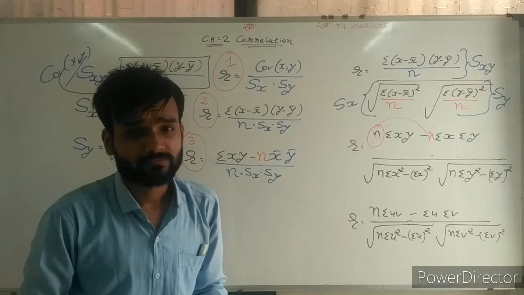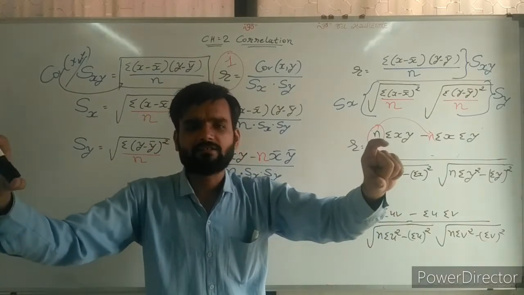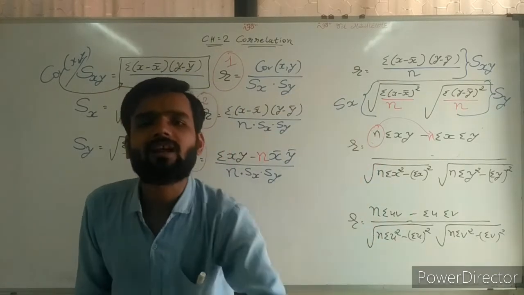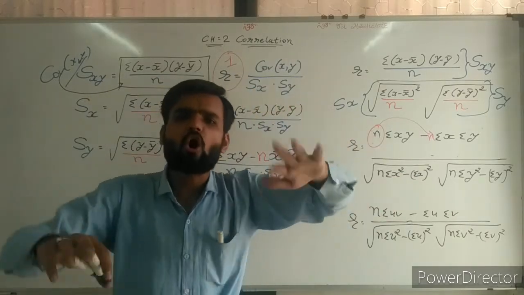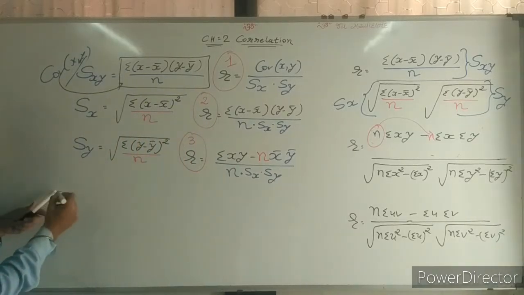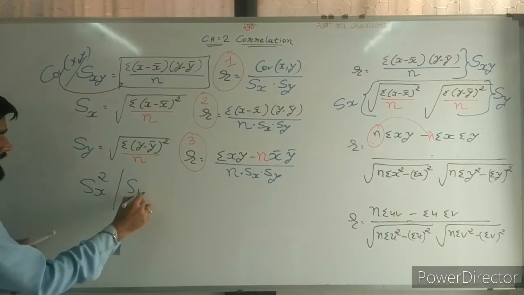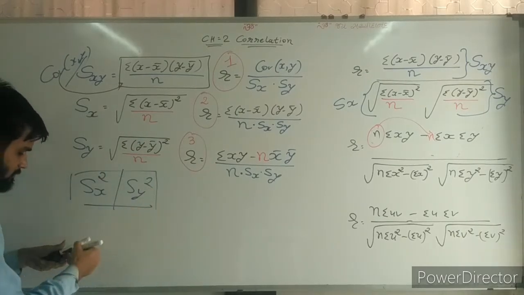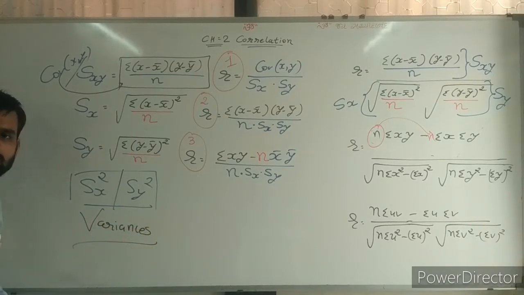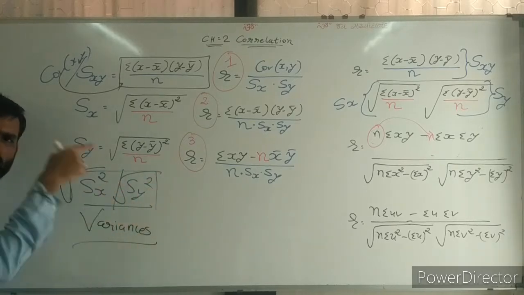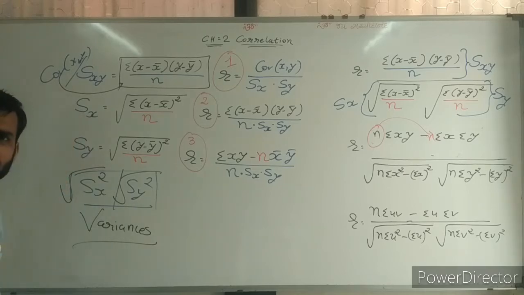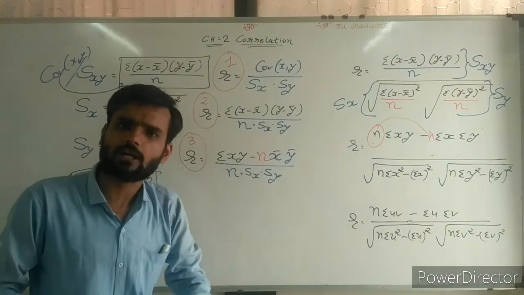Again I am repeating, remember only one line. If standard deviation of x or standard deviation of y or variance of x or variance of y is given. Actually, what is the variance? All of you know, sx square and sy square are variances. And if we find the root of that, the root is given, it means it's sx and sy. Simple. And this formula is already used in 11th standard also.